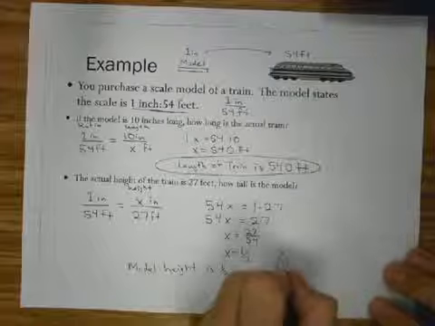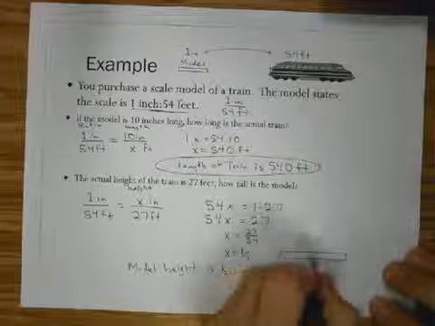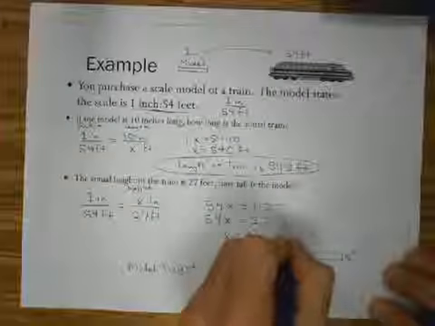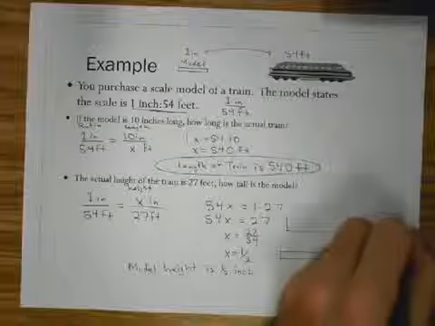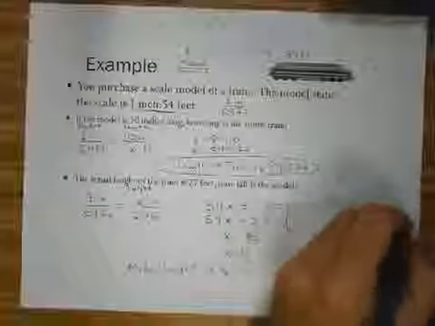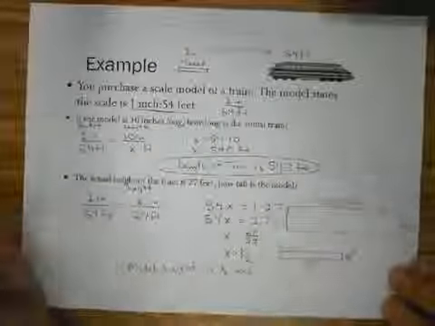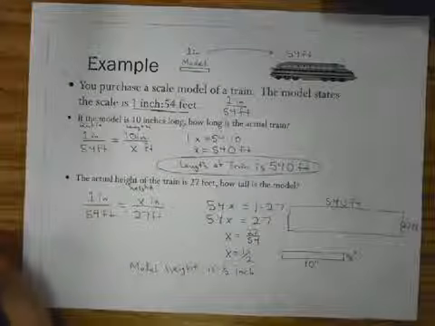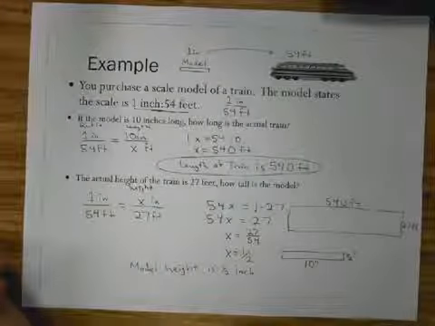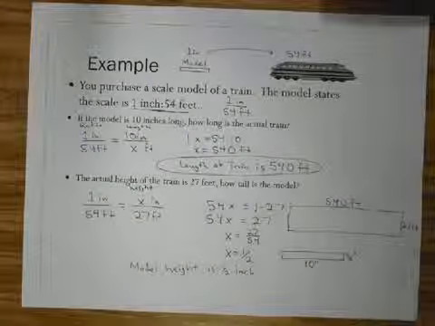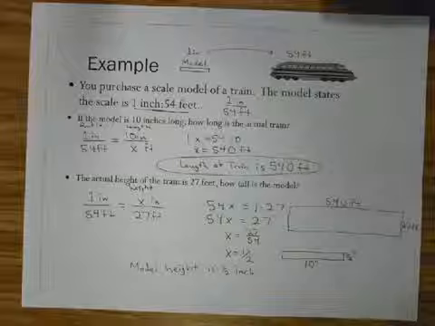If I divide both sides by 54, I get 27 over 54, or x is 1/2. Well, what that means is the model height is 1/2 inch. We know it's 10 inches long by 1/2 inch tall. 1/2 inch by 10 inches, and the real thing